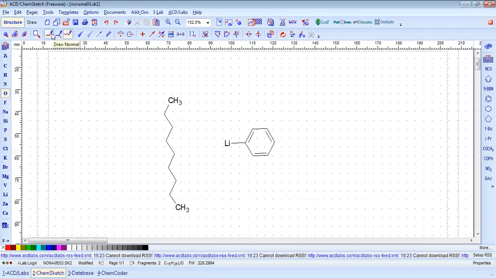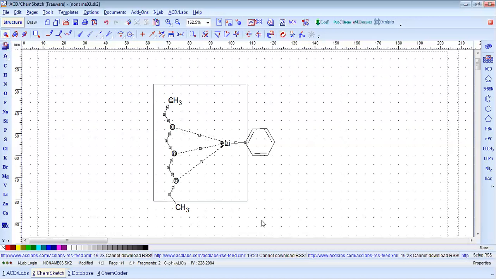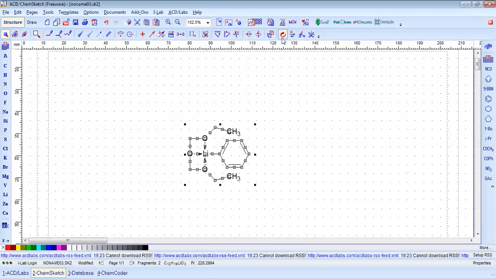Select again draw normal. Put oxygen here, here again oxygen, and here also oxygen. And I'm interested in putting a coordination bond, so select any particular bonds you require. Select this one and then put it. So in this way, you can draw the coordination compound. Again, select it and go for a film stretch. So ultimately, you are getting a coordination compound.